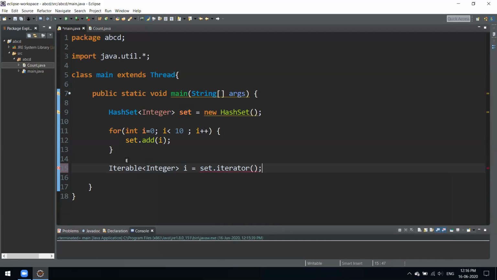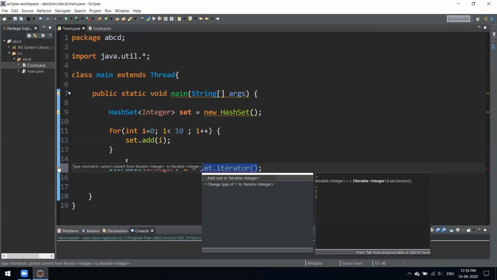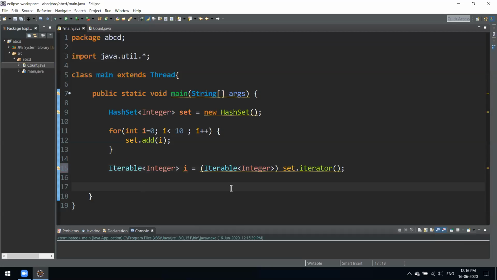I hope everyone is comfortable with iterator, because using a for loop is not feasible every time, so iterator would be easier for that. We have to add a cast over here because the return type was not similar to the other one. Whatever you get, just convert it into an integer.